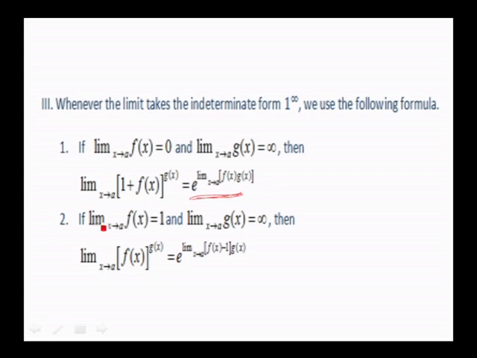Similarly, if limit of f(x) as x tends to a is 1 and limit of g(x) as x tends to a is infinity, then limit of f(x) to the power of g(x) takes the form 1 to the power of infinity. I can write it as e to the power of limit of (f(x) minus 1) into g(x). So,